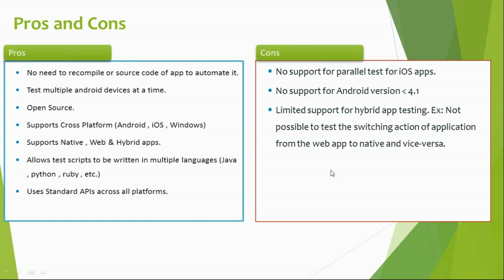Then web elements and web views are coming. To handle that, you need to switch from the native view to the web view. In previous versions, that was not possible; in the latest version, it is possible with some descriptive programming. If you write some lines of code, it is possible now with Appium. In previous versions, it was a drawback. Clear, guys?